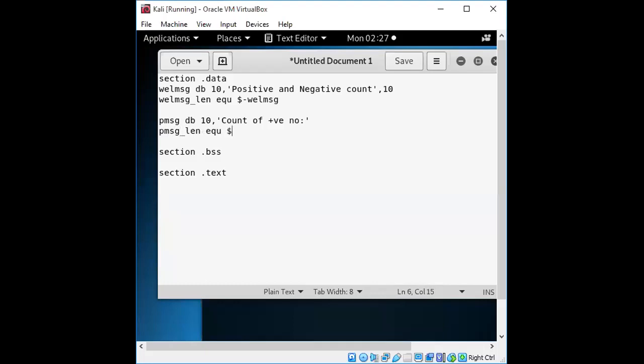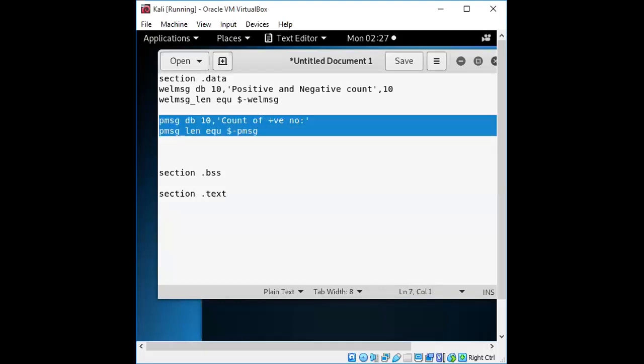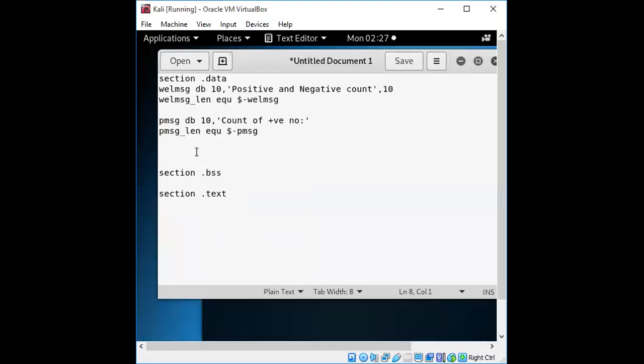With the help of this, we can directly get the length, TMSG, whatever the variable that you are going to have. Similarly, it will be done for a negative number. We'll take some different value for this. Positive, and here we'll take it as negative.